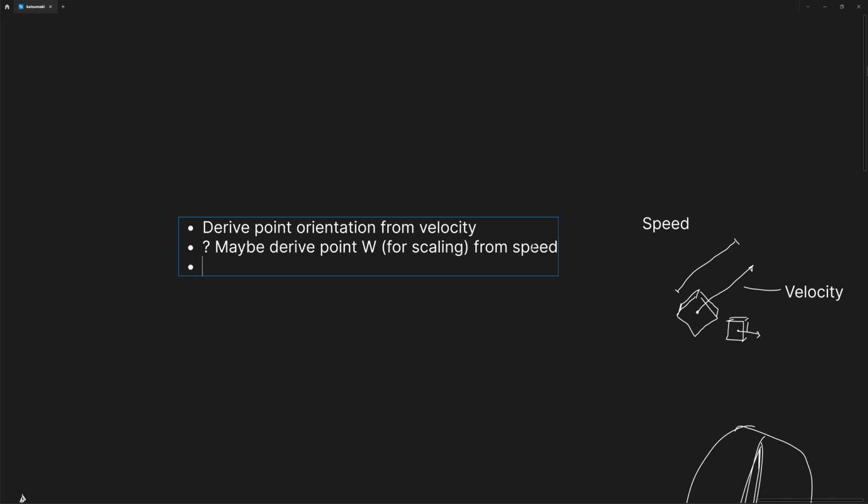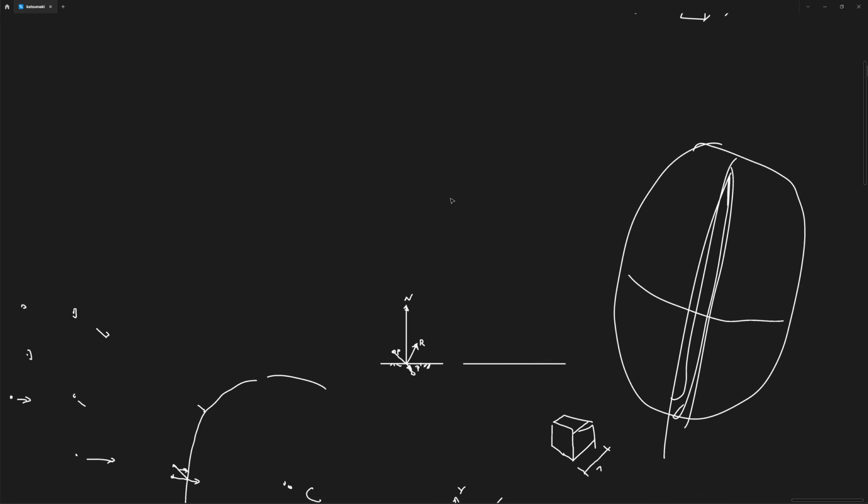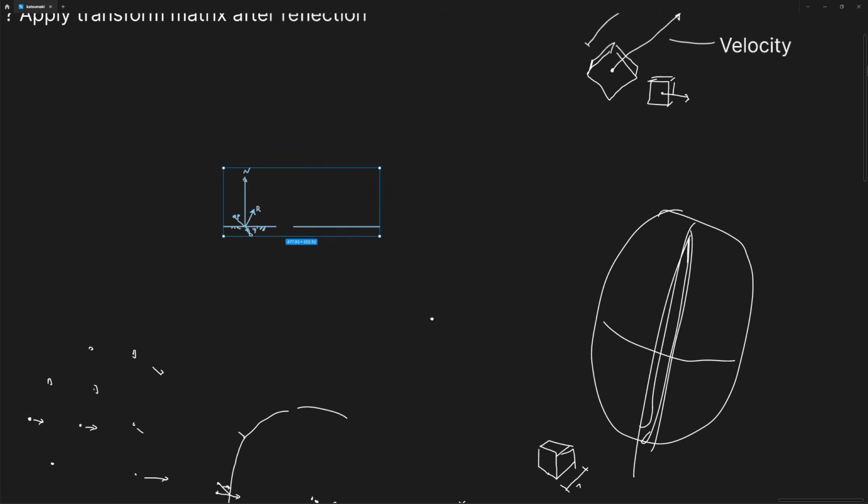Okay, then we also have to do, maybe later, apply the transform matrix after the reflection, and the actual point. So I'm diverging here, but the most important point, let's come back to this sketch, is